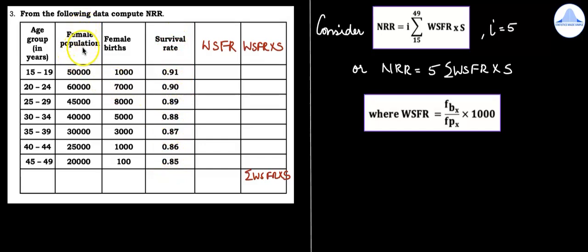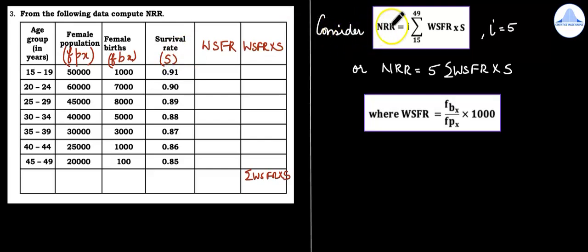So now the first step is to mark the female population as FPX. F stands for female, P stands for population, and X stands for age. Then female births, mark it as FBX. F is female, B is births, and X is the age group. Survival rate, you mark it as capital S. So first you write the